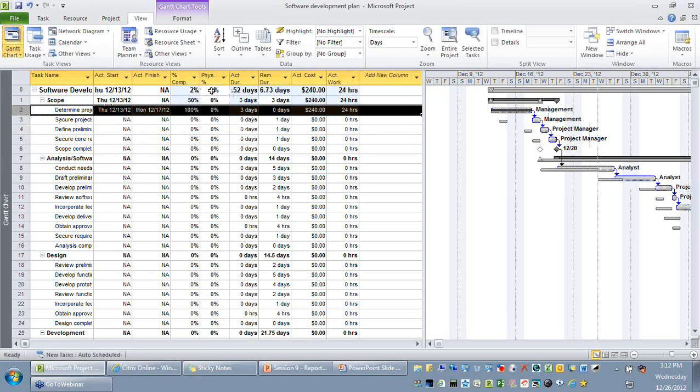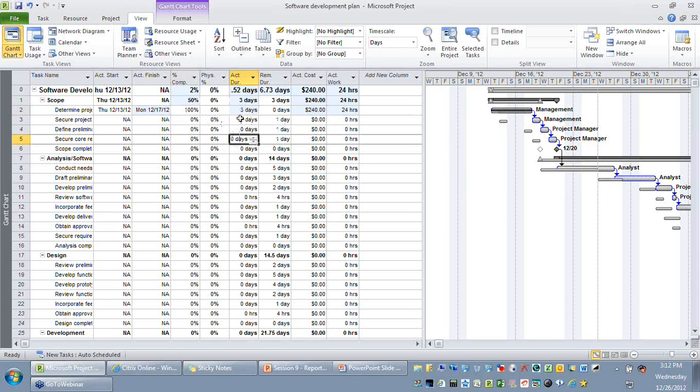So for the first activity I've said the percentage complete is 100 and the actual duration is not 1 day, it took 3 days. So the moment I updated the actuals, you're able to see there is a slippage happening across all the other activities. Though the slippage is quite visible, right, you might want to quantify how much the slippage is. So naturally your tracking table or your Gantt chart will not help us to tell you.